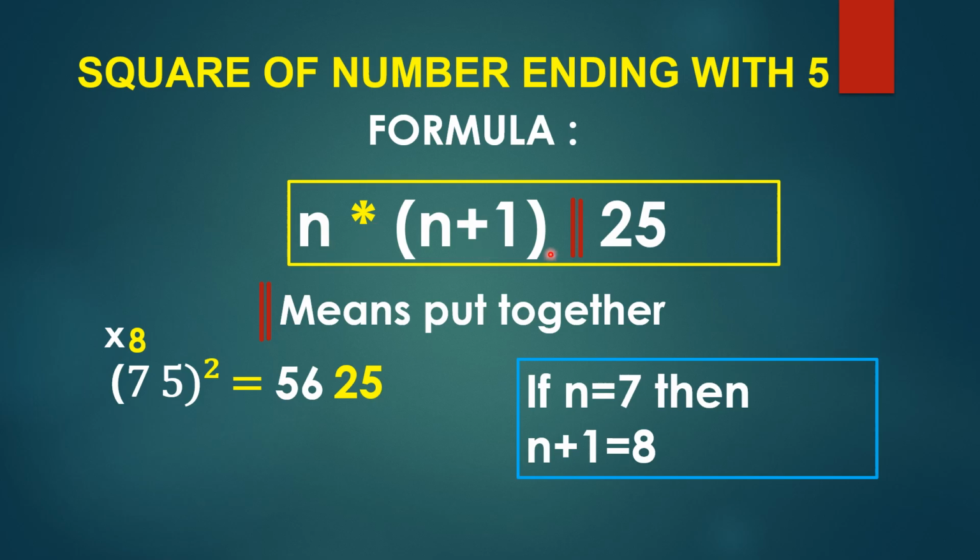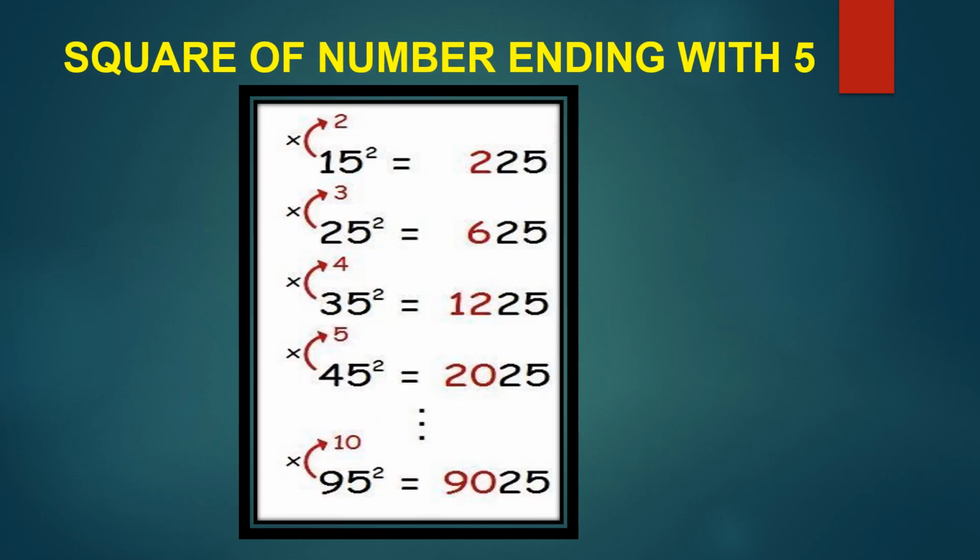So you can use this formula for a number of any number of digits which ends with 5. The condition is that the number should end with 5. You can take it as 13785 into 13785. Any number you can consider. So n into n plus 1, bar, 25. Now I have written a few examples like this. In your copybook, you can write it in this method. However many squares you want to try, you can write them and check your answers. 15 square, 25 square, see 2 into 3, 6 you can write here. 5 5s are 25. 35 square, 3 into 4. The next number I am writing on top. So it becomes very easy for you to practice the squares of a number ending with 5.